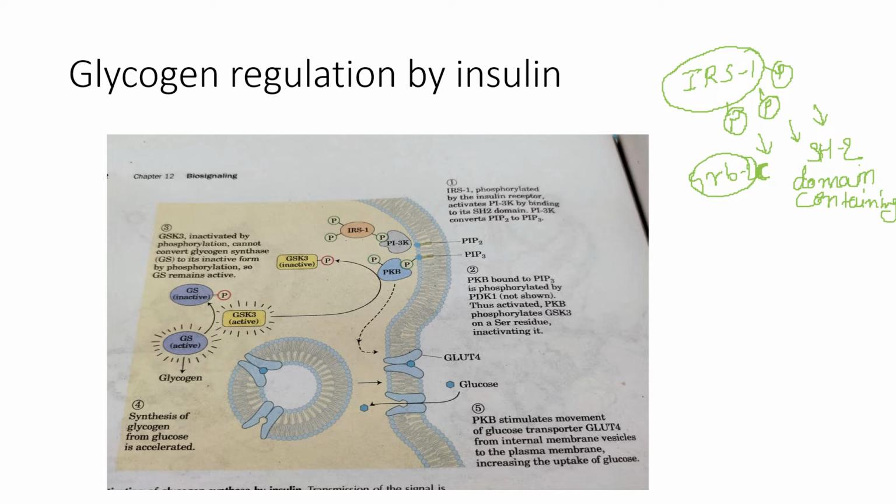Another enzyme, the name of the enzyme is PI3K. PI3K is phosphoinositide 3 kinase. Now what is this enzyme doing? When this phosphoinositide 3 kinase is active, it will activate